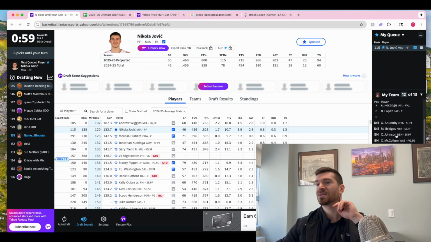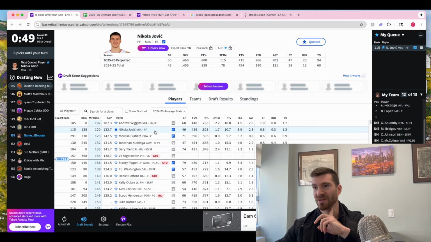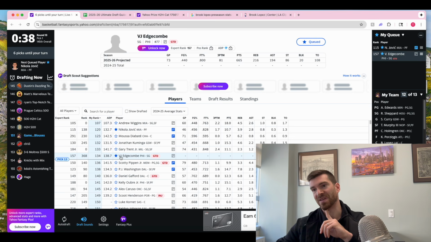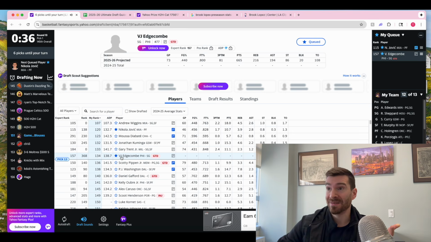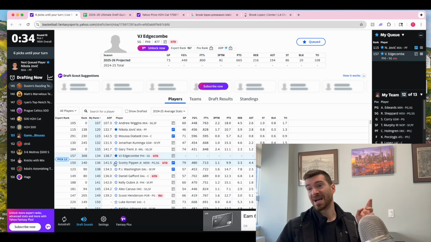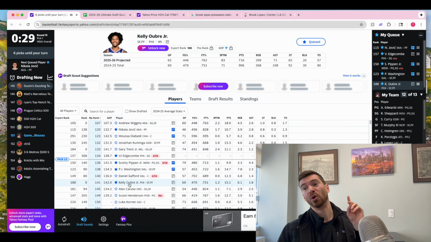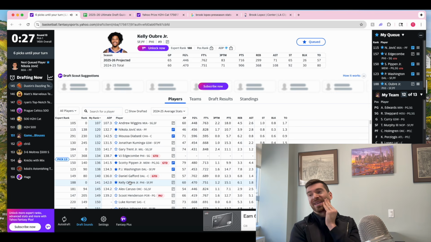I've got guards. Can I grab another center eligible player? Musa Diabate doesn't do much for me. Jonathan Kuminga doesn't do much for me. So like a Nikola Jovic, assists from a big man. Power forward. I could use another center maybe. I don't want a Gary Trent here. Like a VJ Edgecombe, maybe. Scottie Pippen Jr. maybe. PJ Washington maybe. A Kelly Oubre is cool